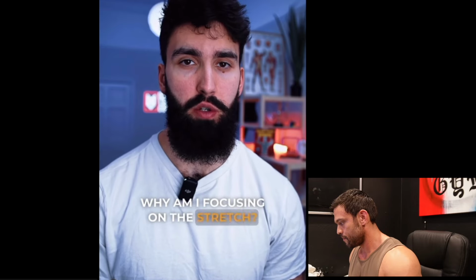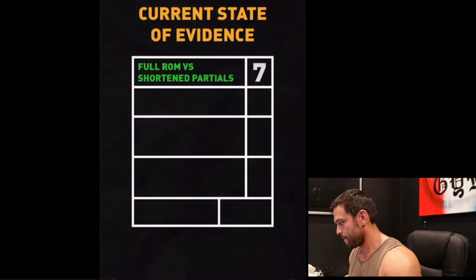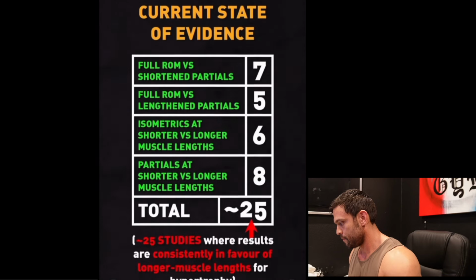Why am I focusing on the stretch? Well, that's because some research suggests that focusing on the lengthened position through, for example, a lengthened partial may actually...